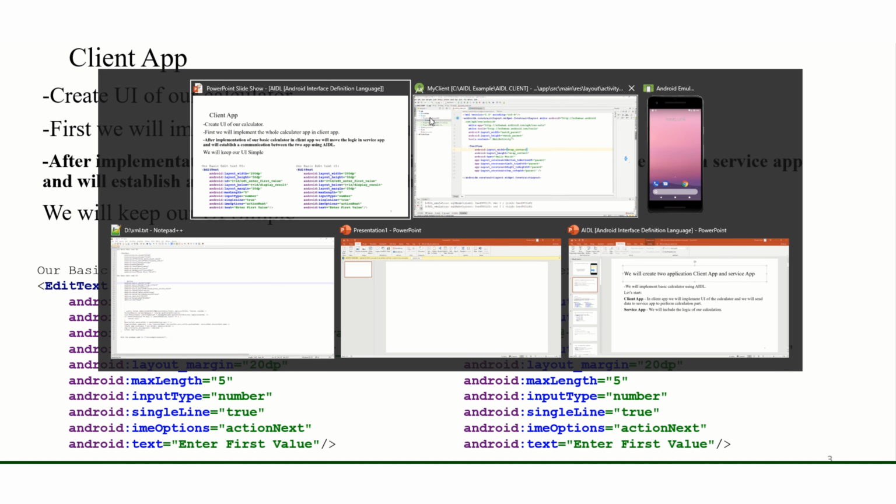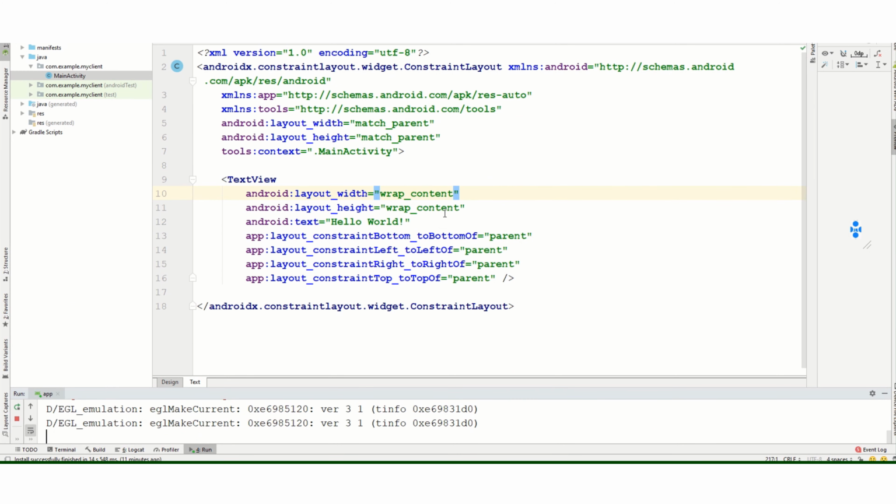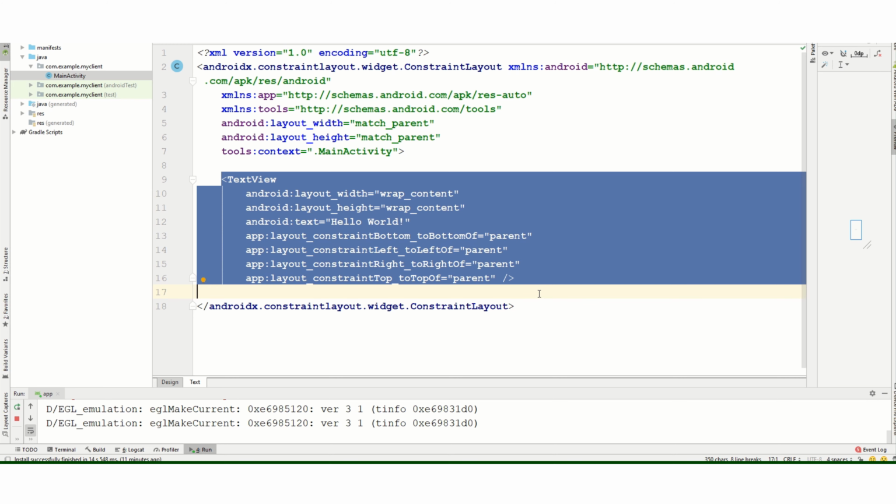I have created one project, simple, and let's start with the UI part.